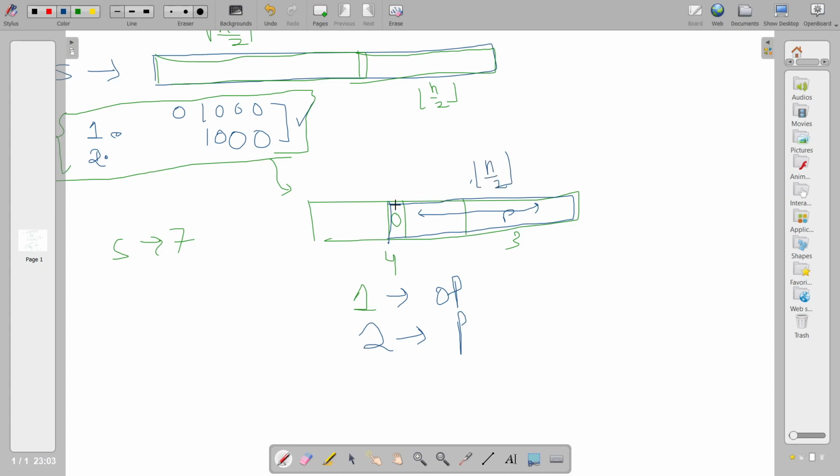So if your string is starting here in the left region, then the length of the substring would always be greater than or equal to n by 2. Why would it be equal? Because suppose your 0 was here, in this left region of length 4, you can take this as your first string. The second string would be the entire part in the right-hand region having a length of 3. Still it's greater than or equal to n by 2, so that's also valid.